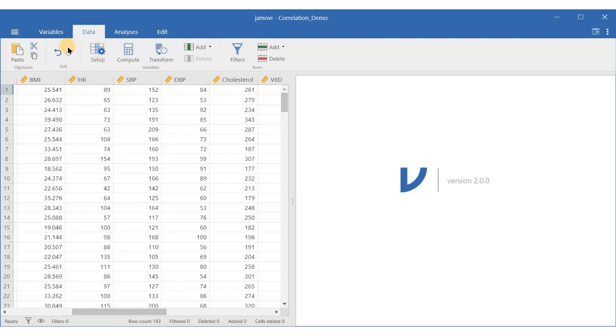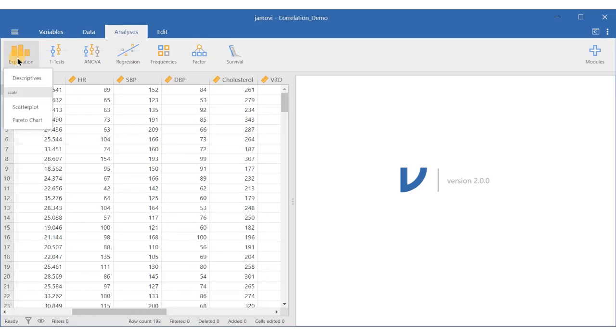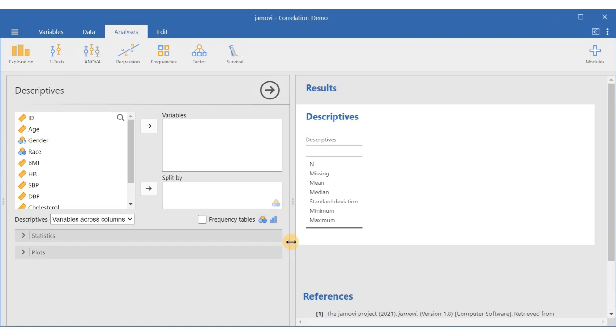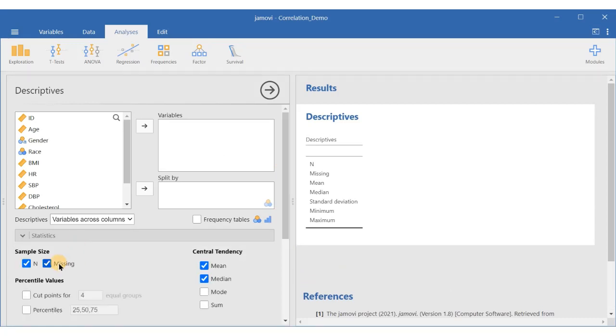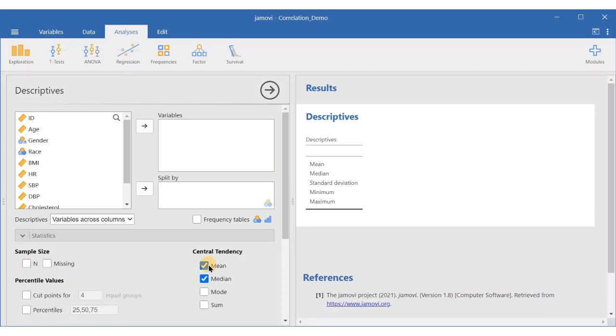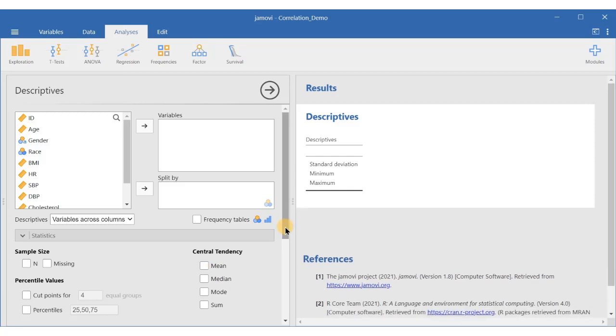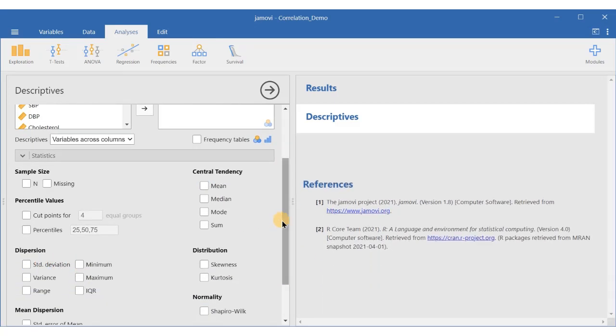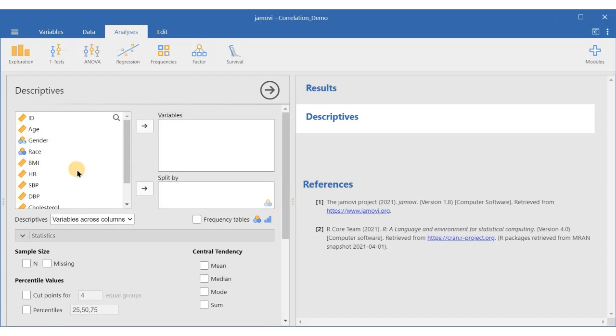To check the outlier, you have to go to analysis, explore, click descriptive. In descriptive, in statistics, uncheck all this because we don't need mean, median and mode now. So uncheck all these things, and then there is the option of box plot. You need to check the outlier of BMI and cholesterol.